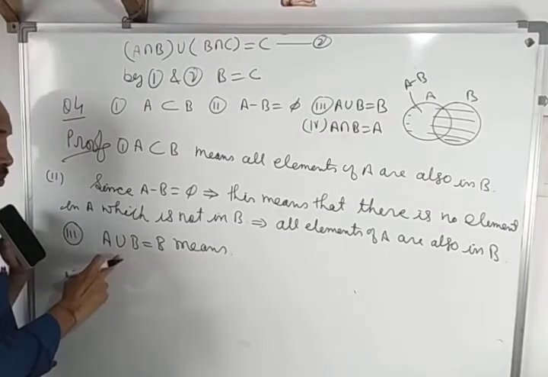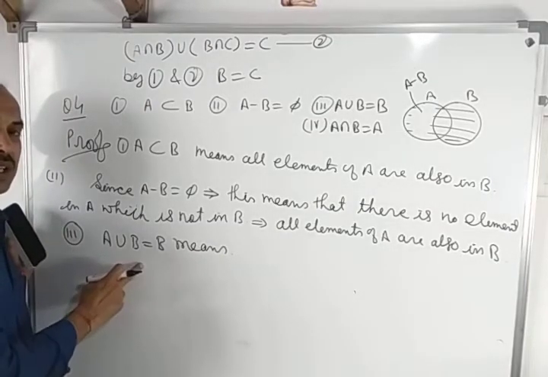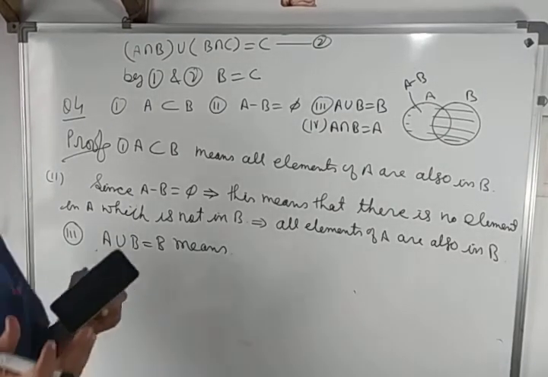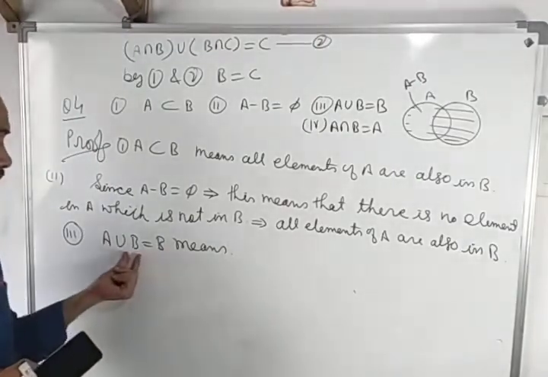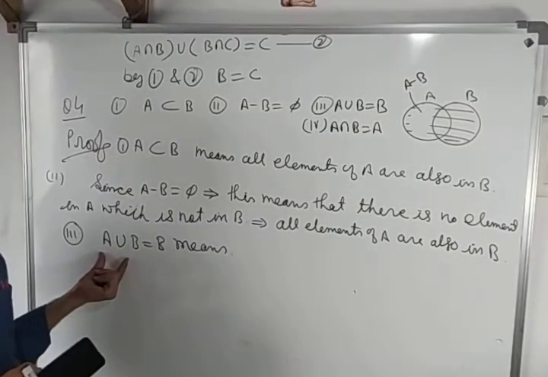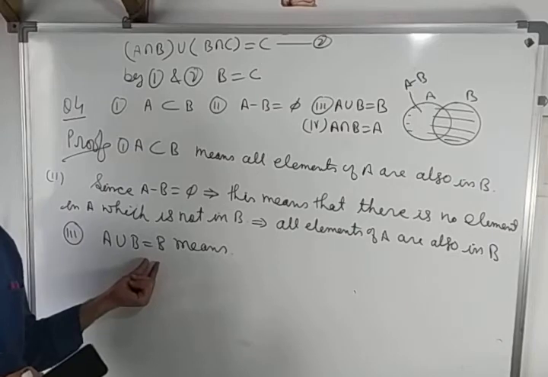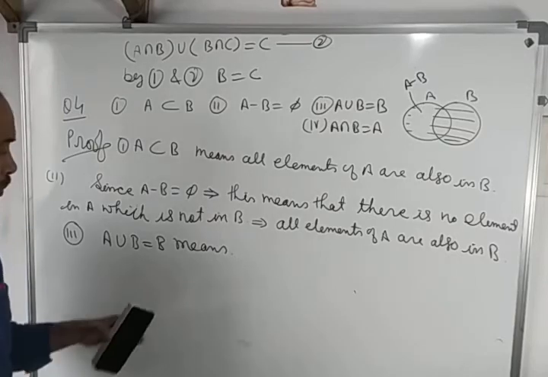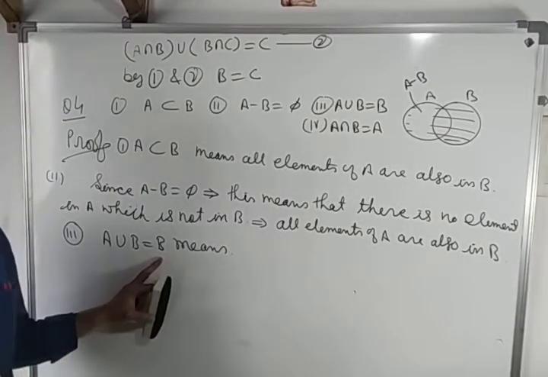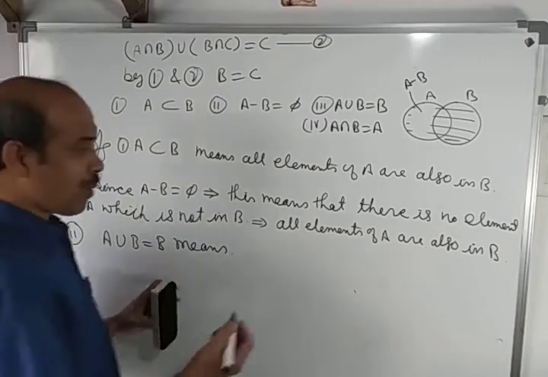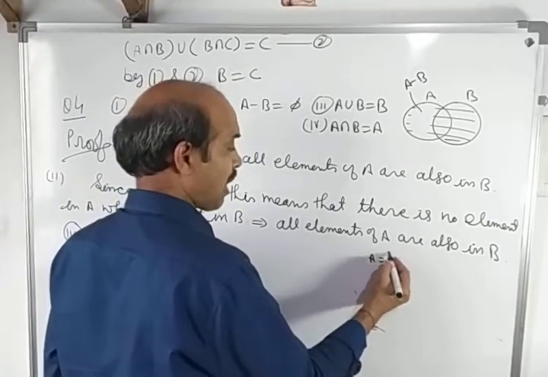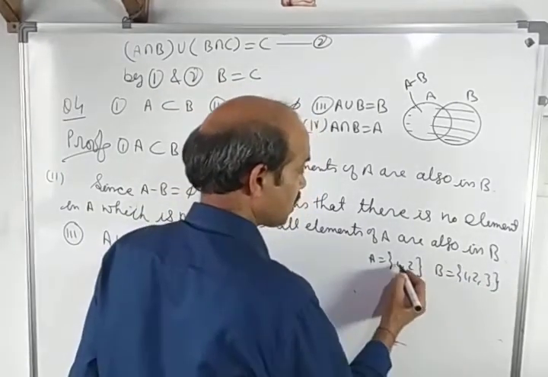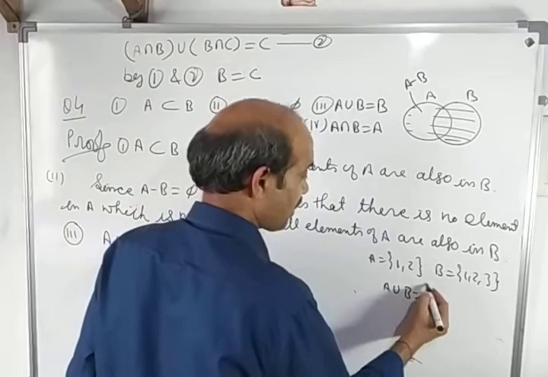If A and B, their union is equal to B, so we are getting nothing after combining with A. जो सेट बी में पहले से एलिमेंट थे वही आ रहे हैं ए के साथ कंबाइंड करने पर, कुछ नया नहीं मिल रहा है. इसका मतलब है ए में कोई ऐसा एलिमेंट ही नहीं है जो बी में ना हो. अगर होता तो फिर बी ना मिलके कुछ हमें एक्स्ट्रा मिलता यूनियन करने पर. ऐसे सोचना चाहिए. एग्जाम्पल से आप समझ सकते हो. जैसे ए इज हैविंग 1 2, बी इज हैविंग 1 2 3. So after getting union of this, you are getting same.